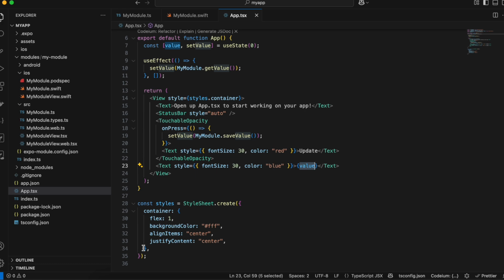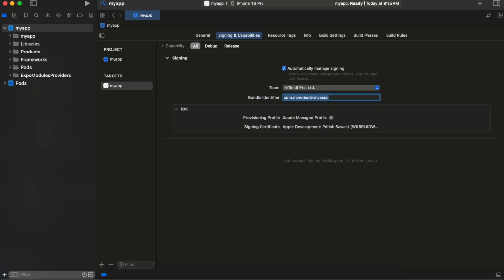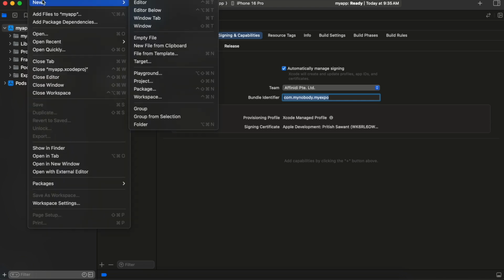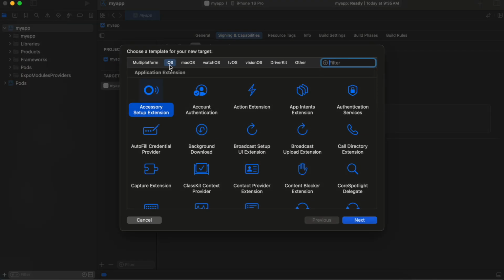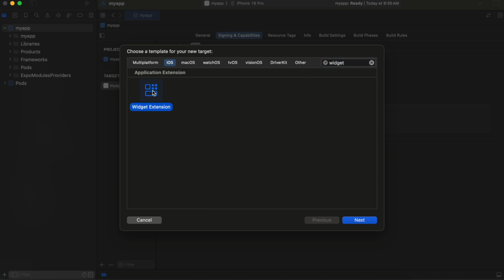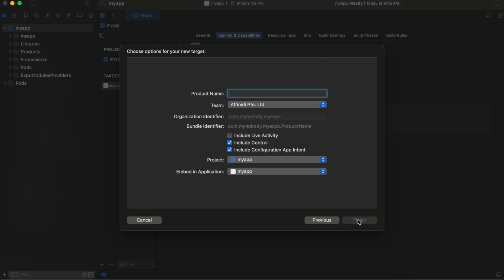Now again come back to Xcode. Here you will have to go to File, New, Target. Here select iOS, and here you will have to filter for widget. Select Widget Extension, click on Next, and here I can just name it as MyExpoWidget. You can give it some proper name. And here make sure you uncheck this Include Live Activity. We only want this Include Control as well as Include Configuration App Intent. Then just click on Finish,